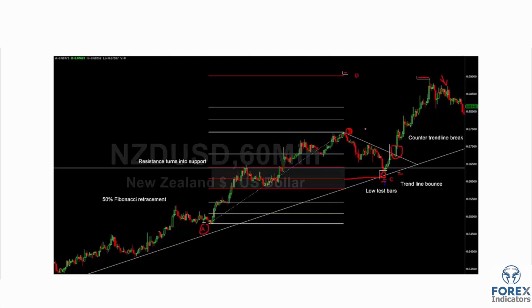So you're literally waiting for all these things to line up for a high probability setup there. That's what you really want to do. You want to find these high probability setups before you take